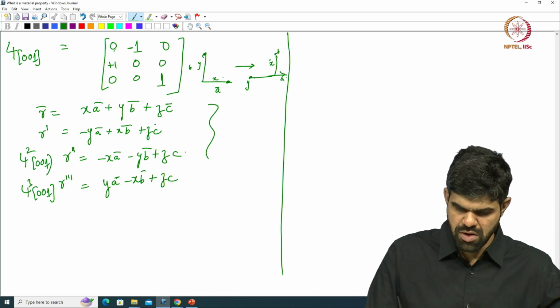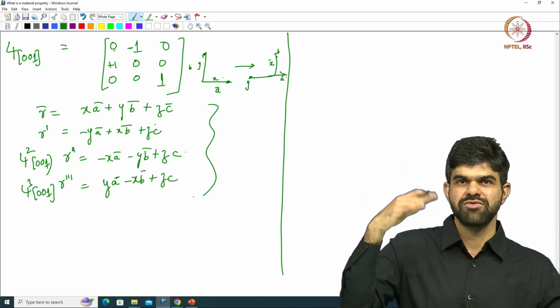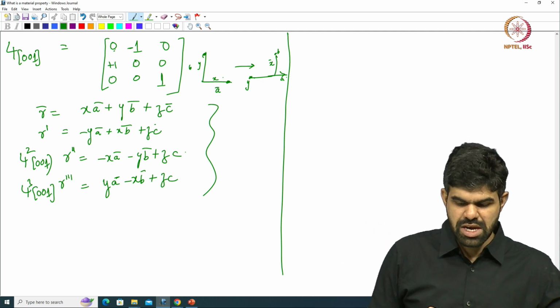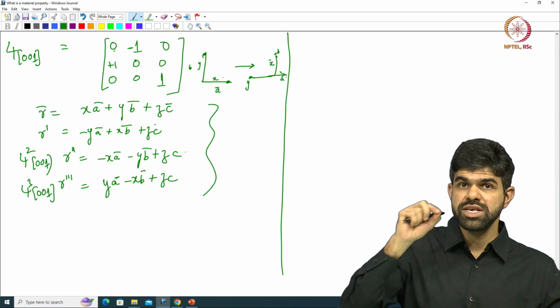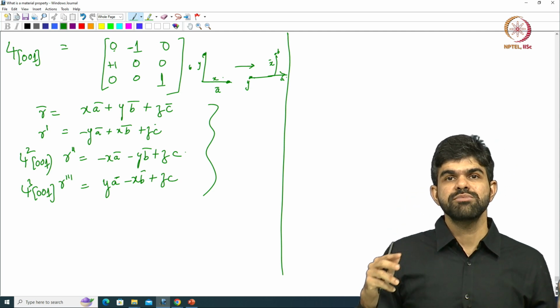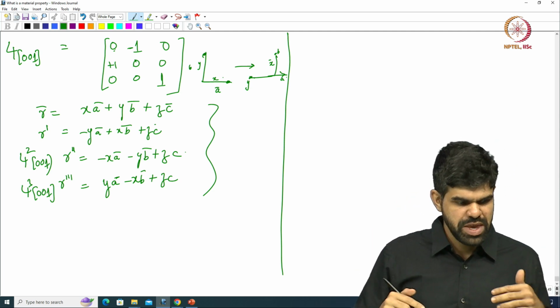So, these are the four vectors I get by doing four-fold rotation, right. But for all these four vectors, there is a four-fold axis of symmetry, so all these 4 points should exist, and the environment about them should be exactly the same,